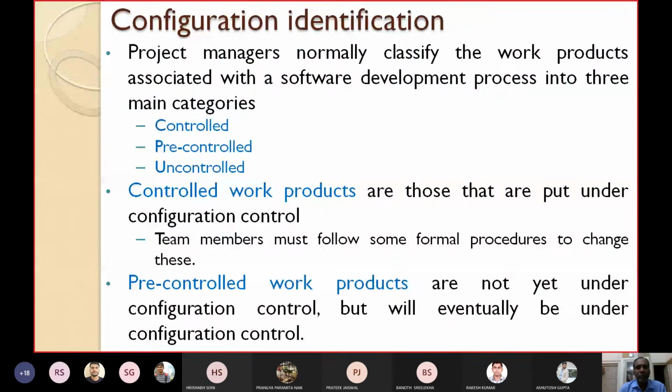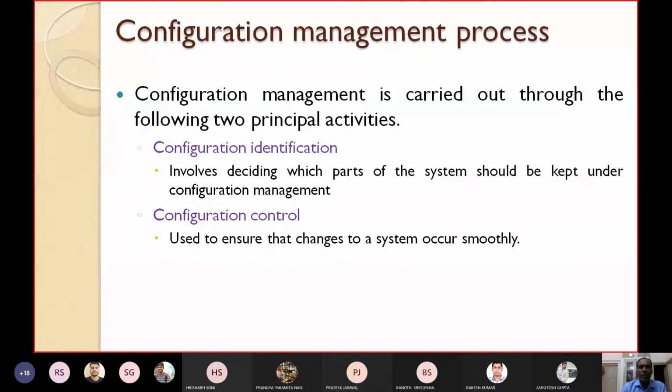So first let's say configuration identification, then we'll go to configuration control. As I have already told you, in configuration identification we have to identify which parts of the system should be kept under configuration management. So we have to identify those parts.